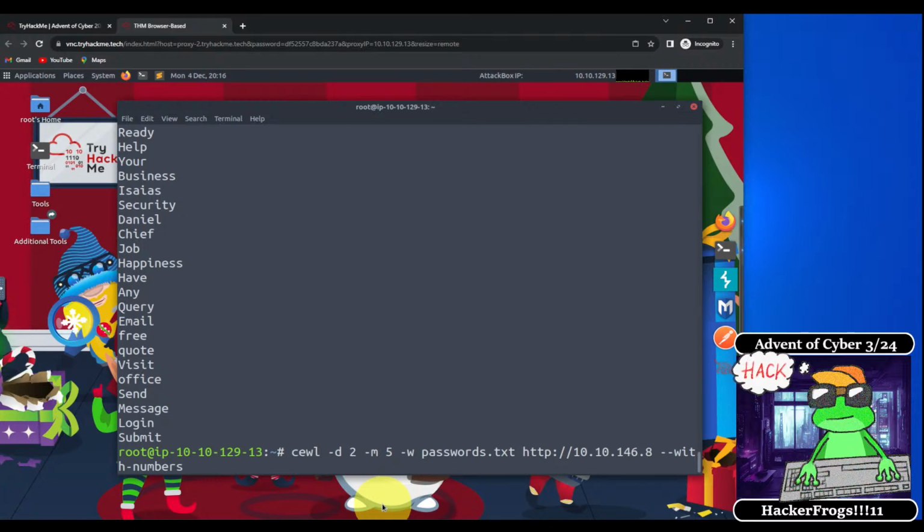And the target is next. This is this particular website right here, which is HTTP and this IP address. And the last option right here with numbers, I think it means that it's going to add numbers to any words that it finds, or it's going to remove numbers. I'm not completely sure, but we're going to run the command,